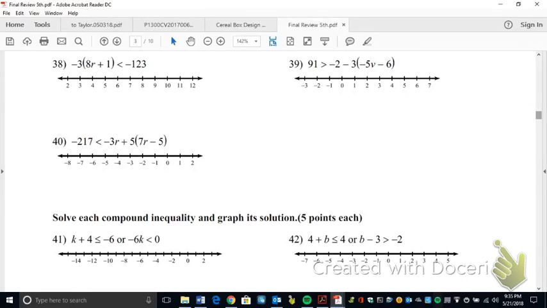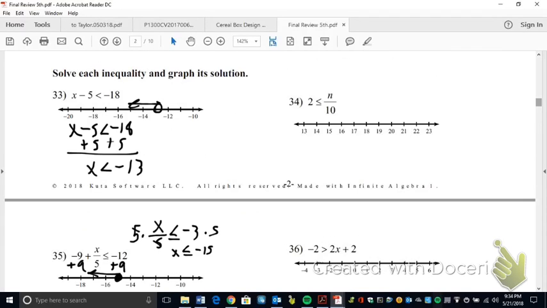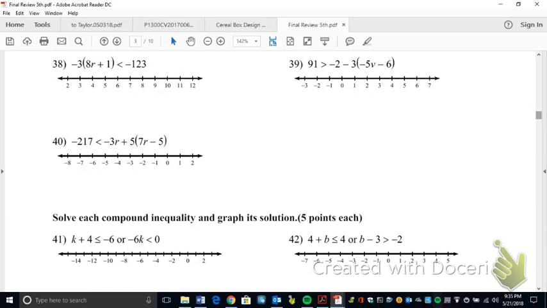So, compound inequalities. These, we're either going to have them pointing away from each other or towards each other. If it says or, we're going to have them pointing away from each other. If it says and, we're going to have them pointing at each other. So we basically just want to use this as two separate equations. I want to treat it like we have k plus 4 is less than or equal to 6, and,